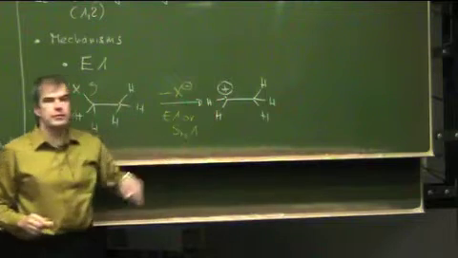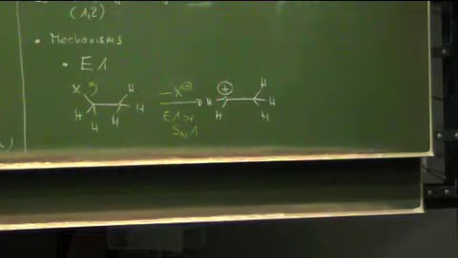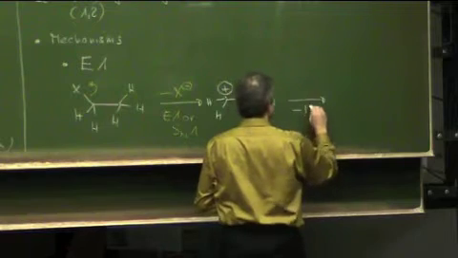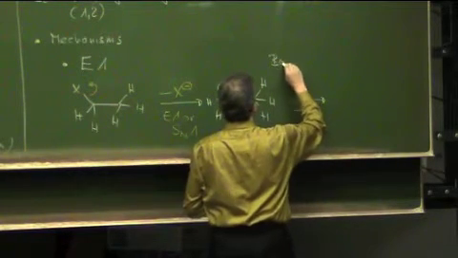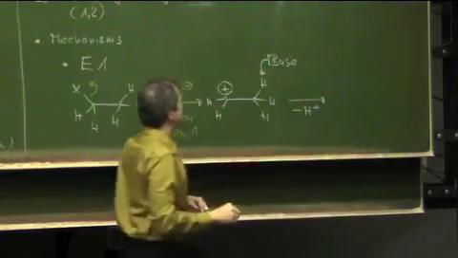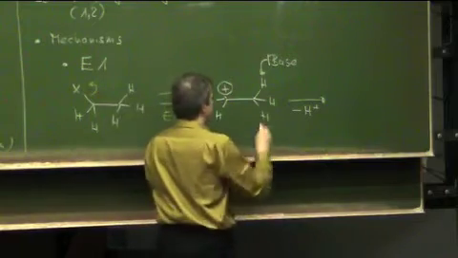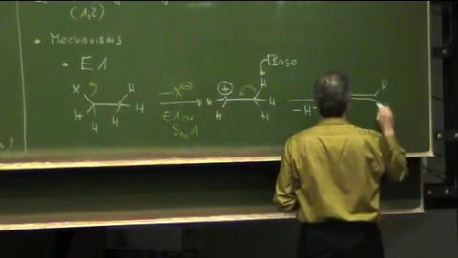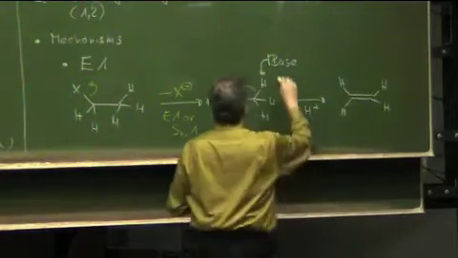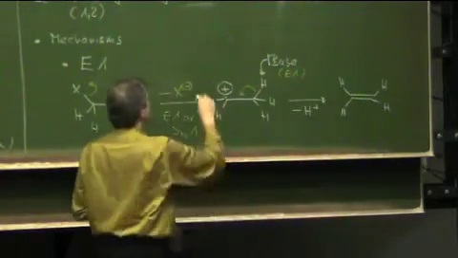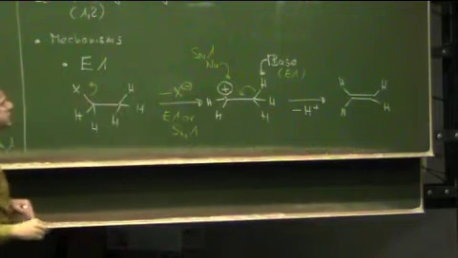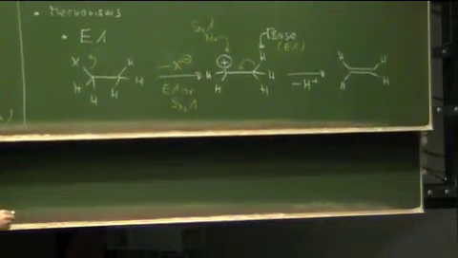And now, rather than the nucleophile combining with the carbocation, in this case, the base will deprotonate the system to form the product. So again, this is the elimination pathway, E1, and the SN1 pathway was where we had the nucleophile attacking here. So you see that this is very much related,